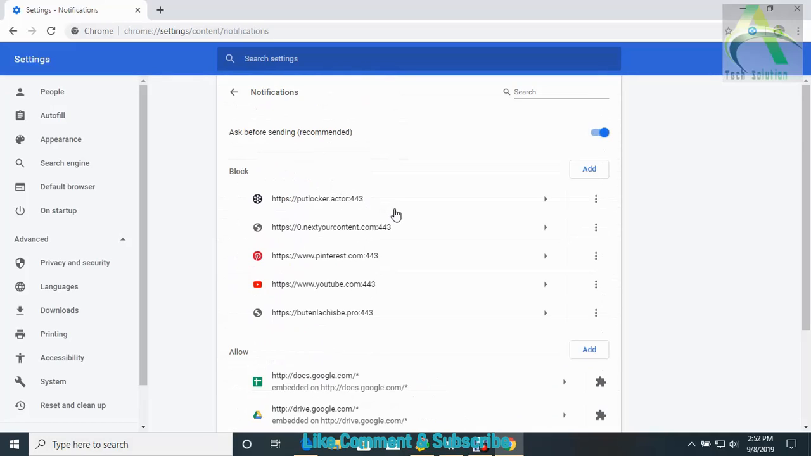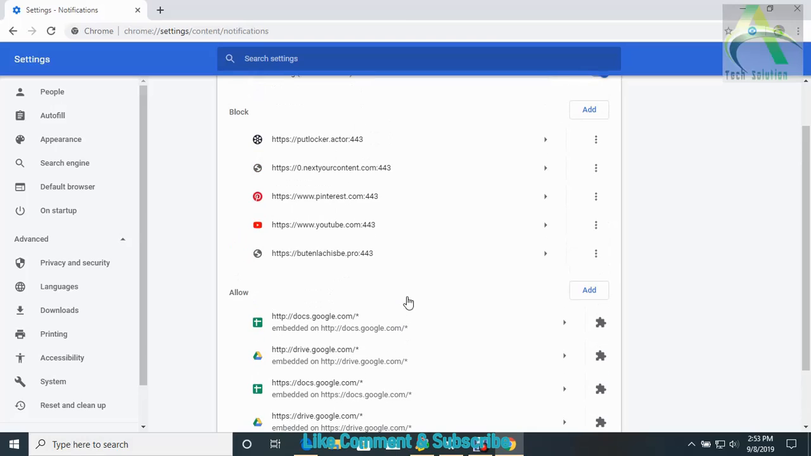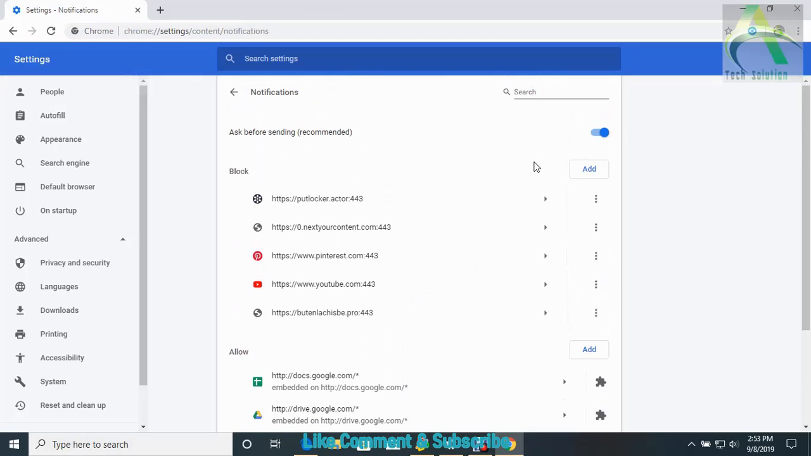Here you can add an individual site to block it, or you can allow an individual site to allow it. If you want to block all of those notifications, just disable the option. When you disable the option, the notifications will be blocked and you won't get any kind of notification from the Chrome